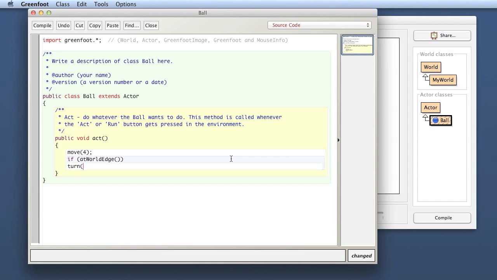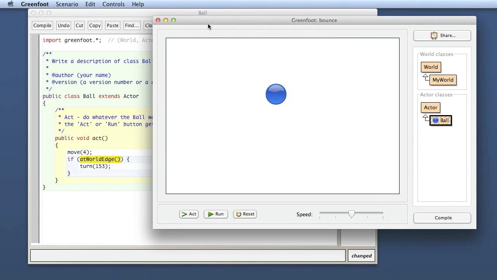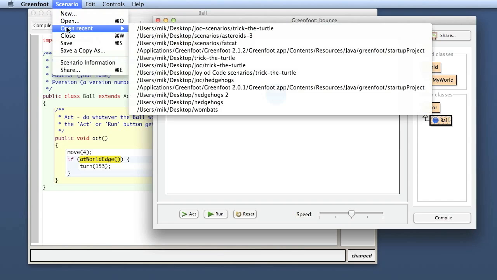Let's say we turn not quite 180, something a bit odd, 153, some slightly more random angle. And here, of course, I should have brackets for my if statement, and that at world edge I haven't defined yet. One thing actually, I have written at world edge earlier in my